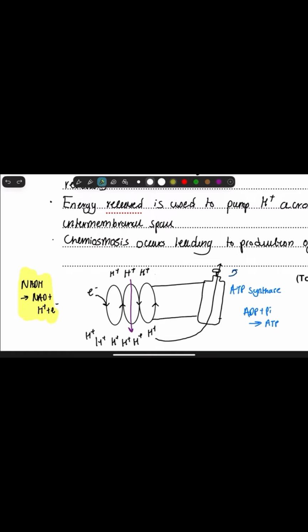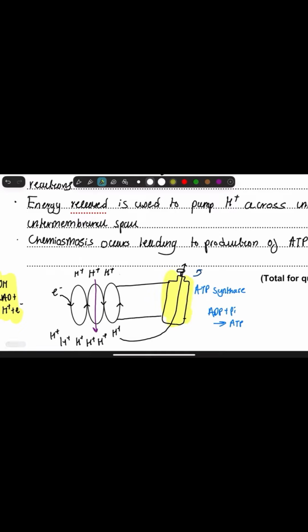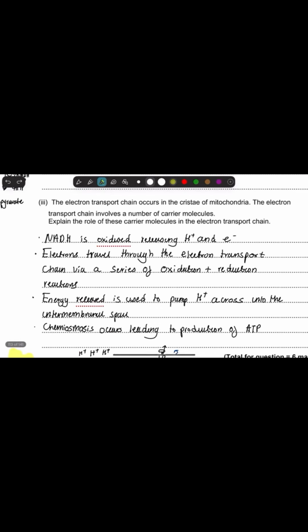Yeah? There's a difference in the charge, right? Electro, and there's a difference in the concentration of the chemicals as well. And we always want to move down our gradients to less charge, to less concentration. So we're going to move down the gradient through this ATP synthase channel, which looks a bit like a bottle of perfume. But we're moving through that ATP synthase, and then that is going to provide energy. The protons moving there provides energy for the phosphorylation of ADP to form ATP. And that is how we're going to form ATP. And that is the role of the carrier molecules in the electron transport chain. And you'll see that we've literally kind of said everything that I've written down here by using